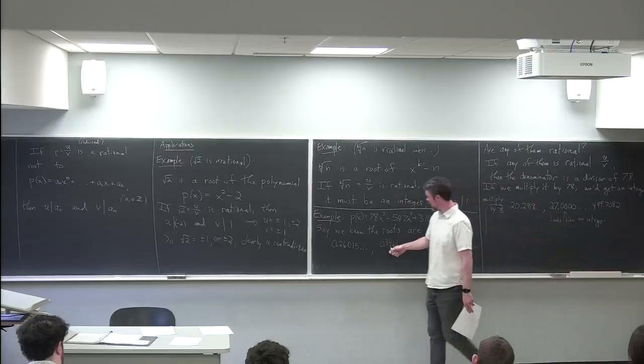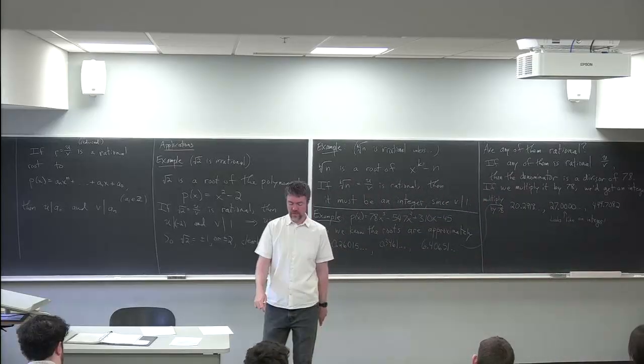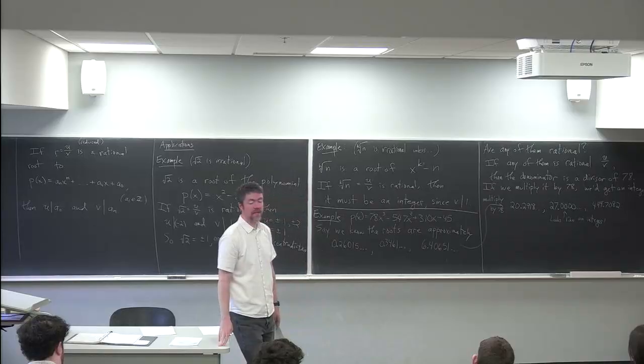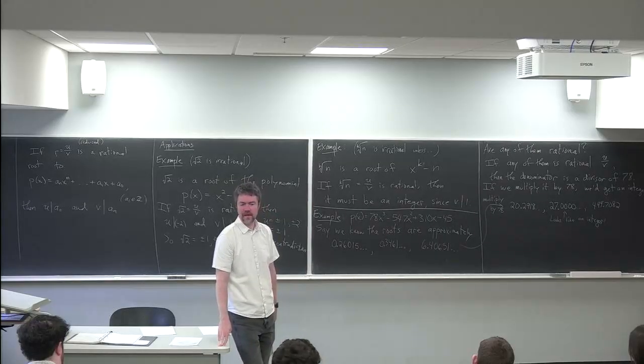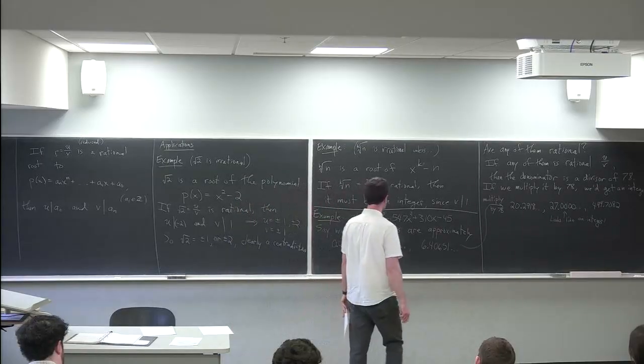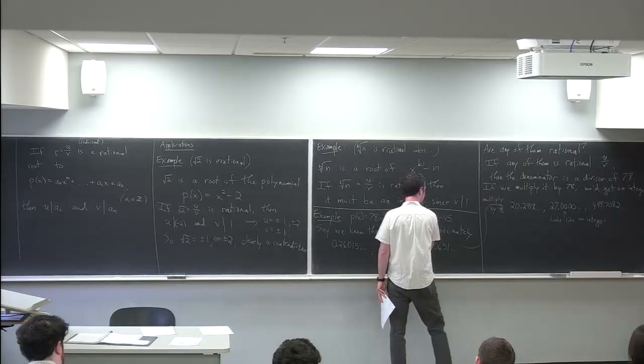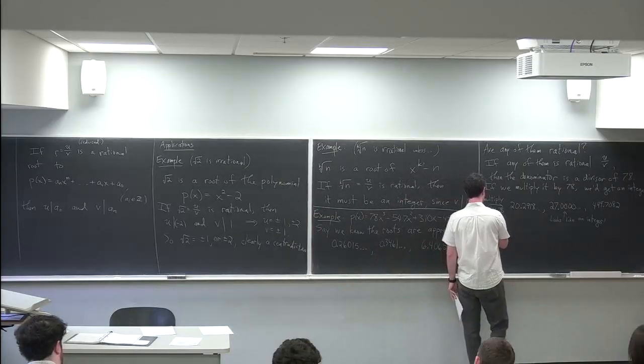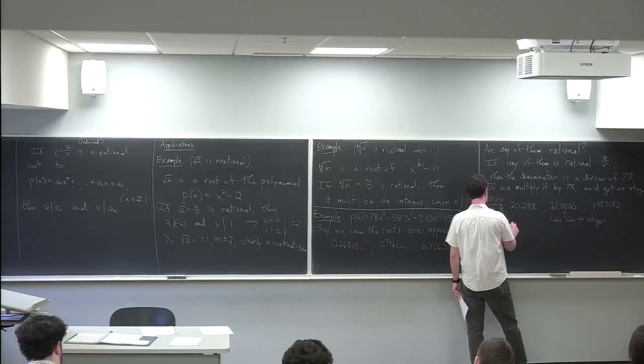Okay, so the second root over here, it looks like when you multiply it by 78, you get the number 27. So that in fact tells you that this root is 27 over 78. Okay, so you've actually sort of figured out what this thing is as a rational number. So this shows the second root